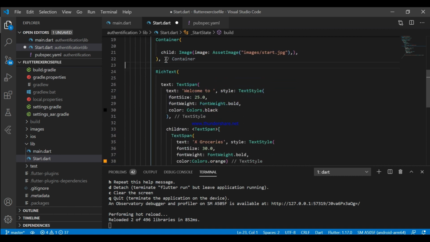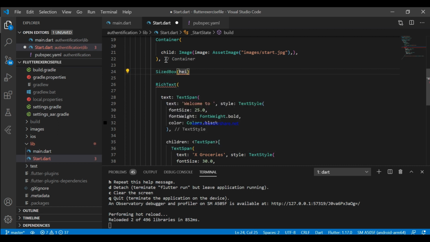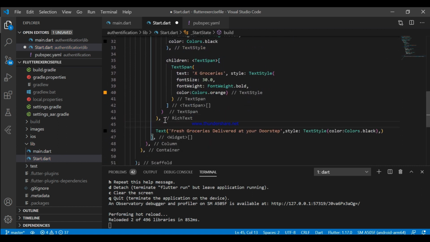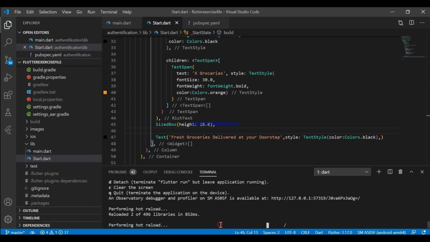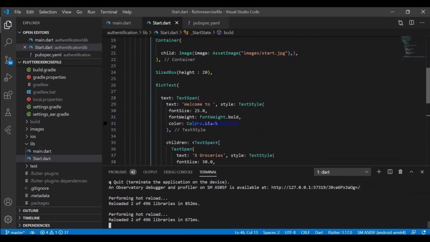Let's also provide spacing from the bottom of the image, and we need spacing from the welcome to X groceries below this X groceries. Okay, now reload. Wrap.